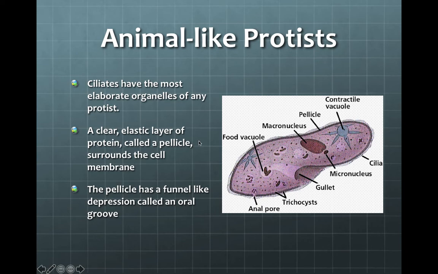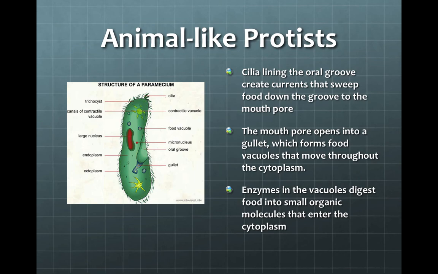A thin, clear, elastic layer of protein called a pellicle surrounds the cell membrane. And you can see that here. So it's around the cell membrane. A pellicle has a funnel-like depression called an oral groove. Cilia line the oral groove and create